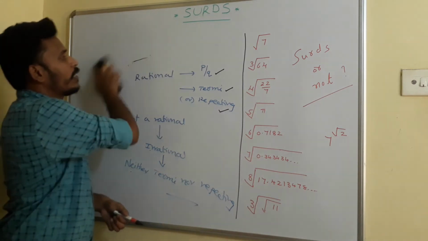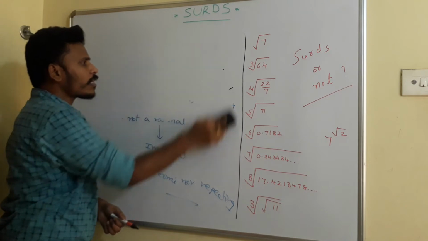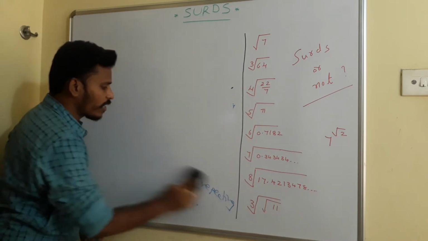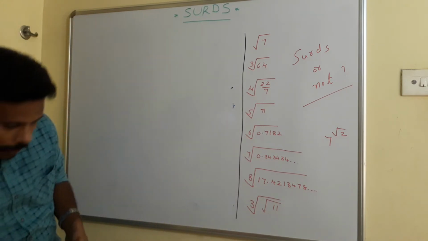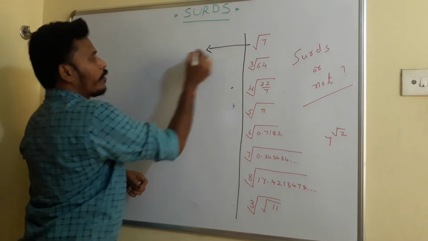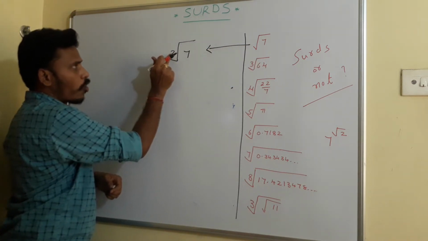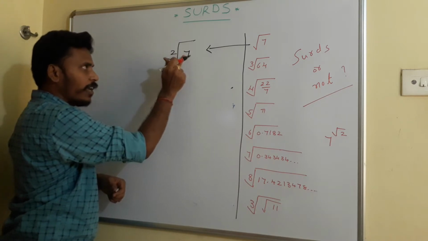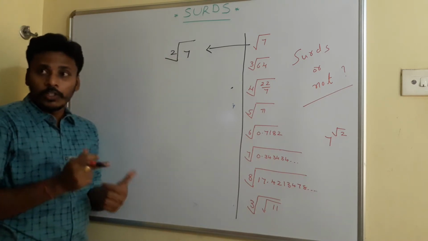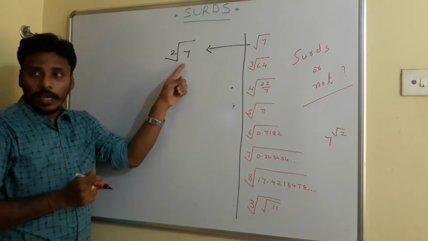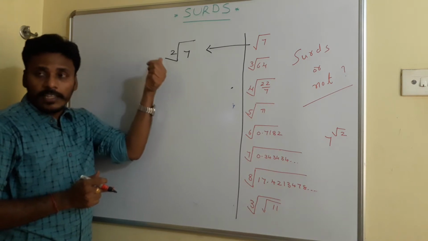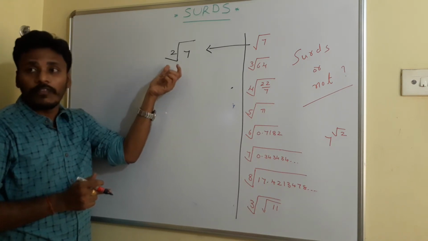Come with me. See, root 7 I mentioned there. We know that root 7 is nothing but square root of 2, right? Root 7 I gave you here, which is nothing but square root of 2. That means this n is 2, not equal to 1, and this 7 is a, which is a rational number. So, this is of the format nth root of a. So, a is a rational and n is a natural number, and we don't have any simplification for this.